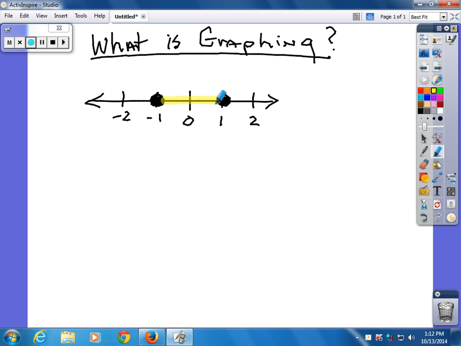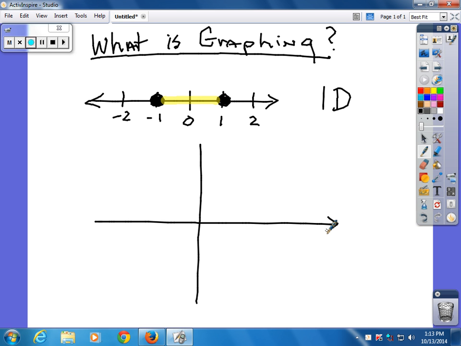Some of you remember doing that from the last section. Some of you remember it back in pre-algebra. That's a one-dimensional graph. One-dimensional. Length, that's it. Or horizontal, that's it. Now we're going to add another dimension to it. Here's your number line that you did back in